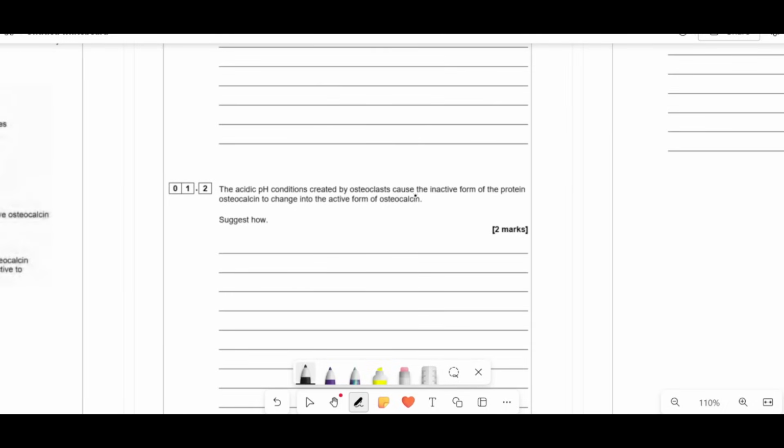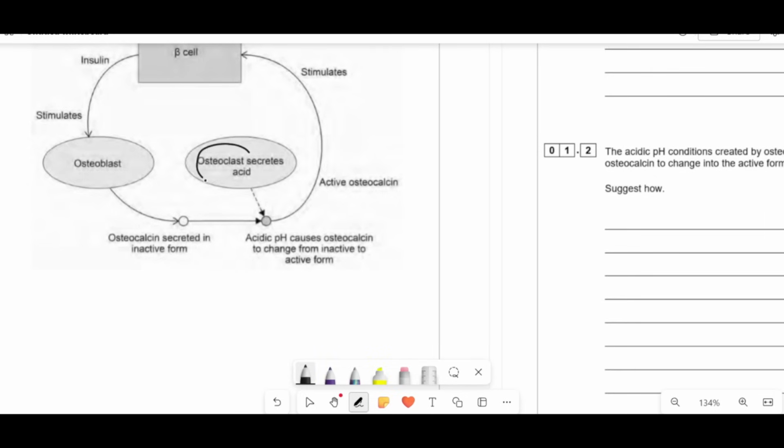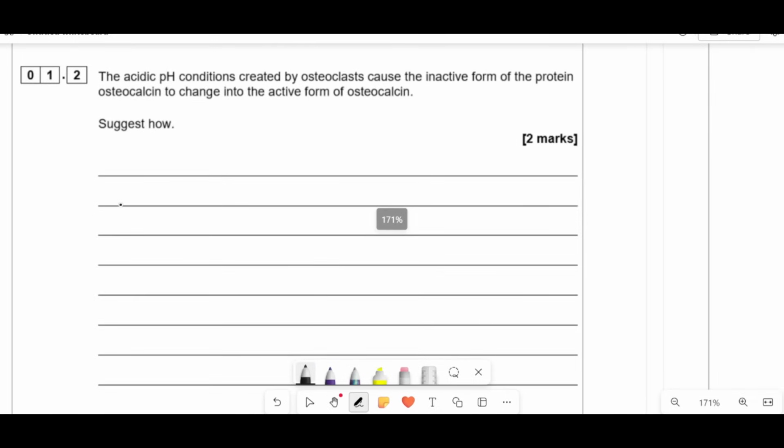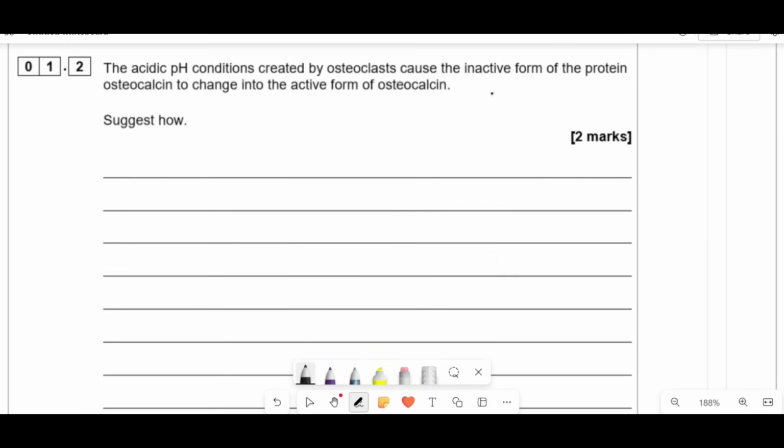Now it says the acidic pH caused by osteoclasts caused the inactive form of this protein to change into its active form. Suggest how. So use what the question told you. Osteoclast releases acid, acidic pH makes it suddenly work. Now it's told you in the question above that osteocalcin is a protein. So for some reason, giving it an acidic pH means all of a sudden it's able to work. So in this case, what this pH is doing is causing it to change shape. So what's happening is the pH causes a change